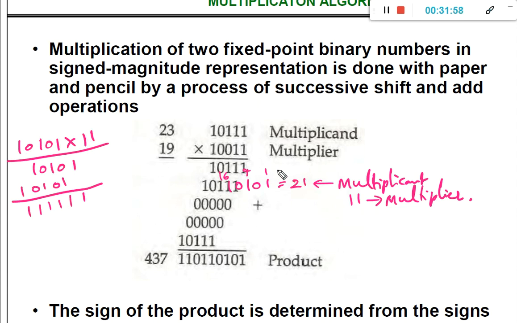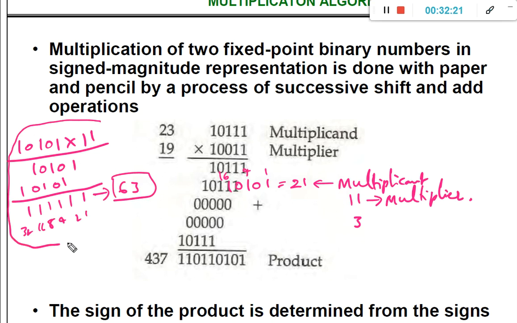What is the result? 21 into 3, so we are going to get 63. This value is 63: 1, 2, 4, 8, 16, 32. If you add all the values, you get 63. Okay, so this is the product. This is how we naturally perform it from childhood onwards. Now we have altered this procedure.